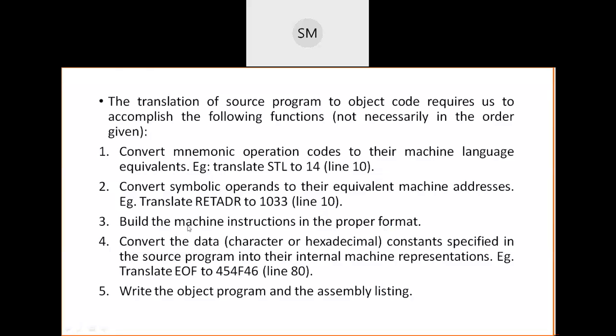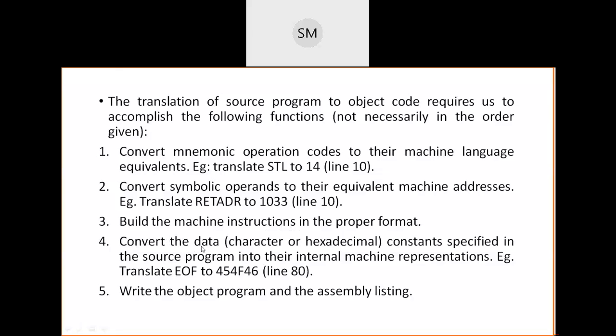For each and every instruction of your program, you have already drawn or built the machine instruction in the proper format without any mistake. Correct? With the help of these diagrams, one by one for each and every instruction, you have drawn nicely the instruction format of SIC instructions with the 24 bits. Right? After drawing that, you are going to convert some constants in your program.